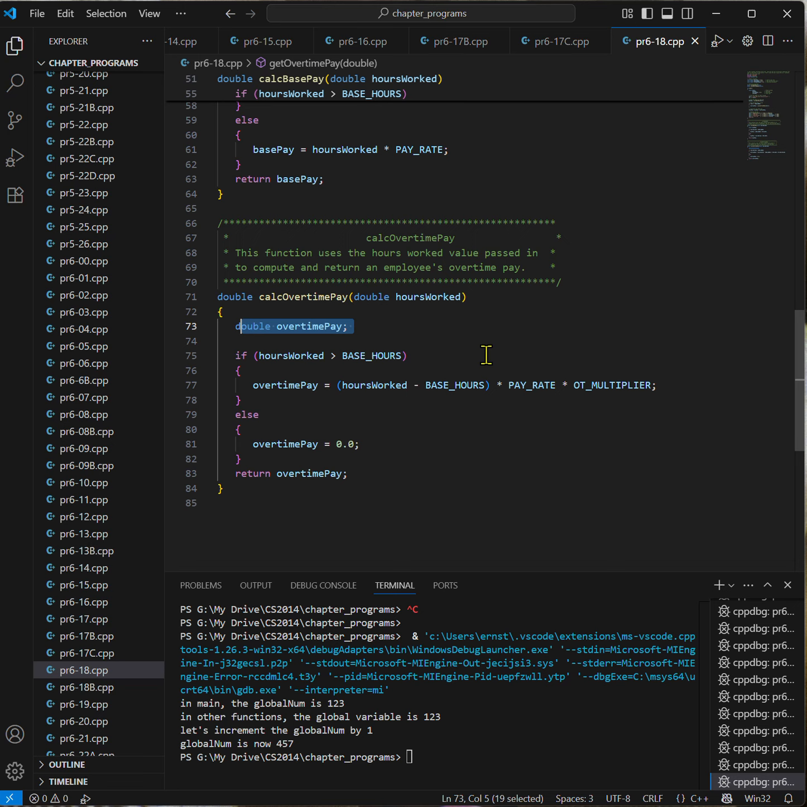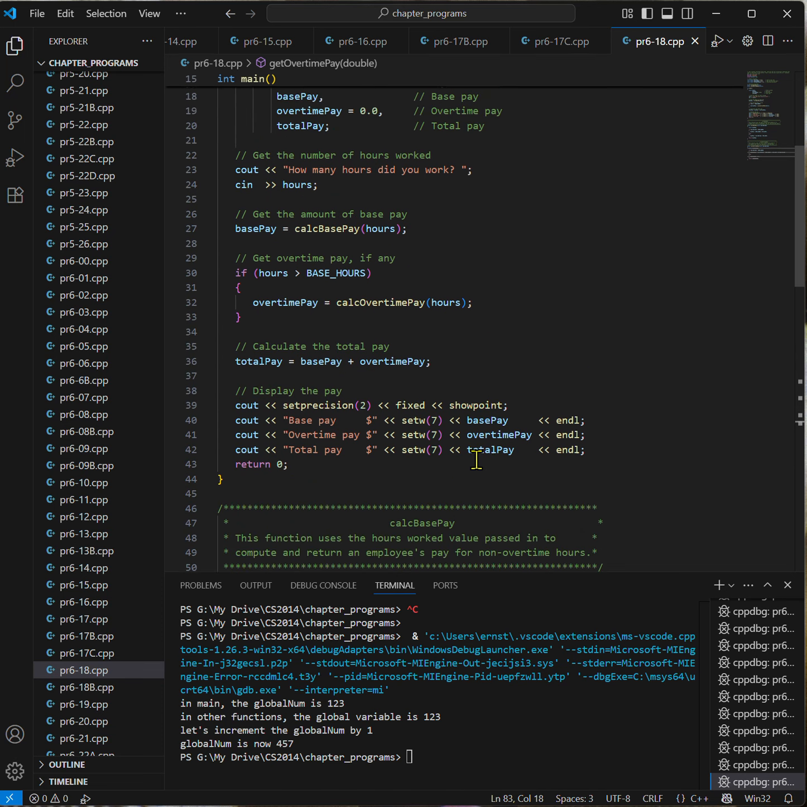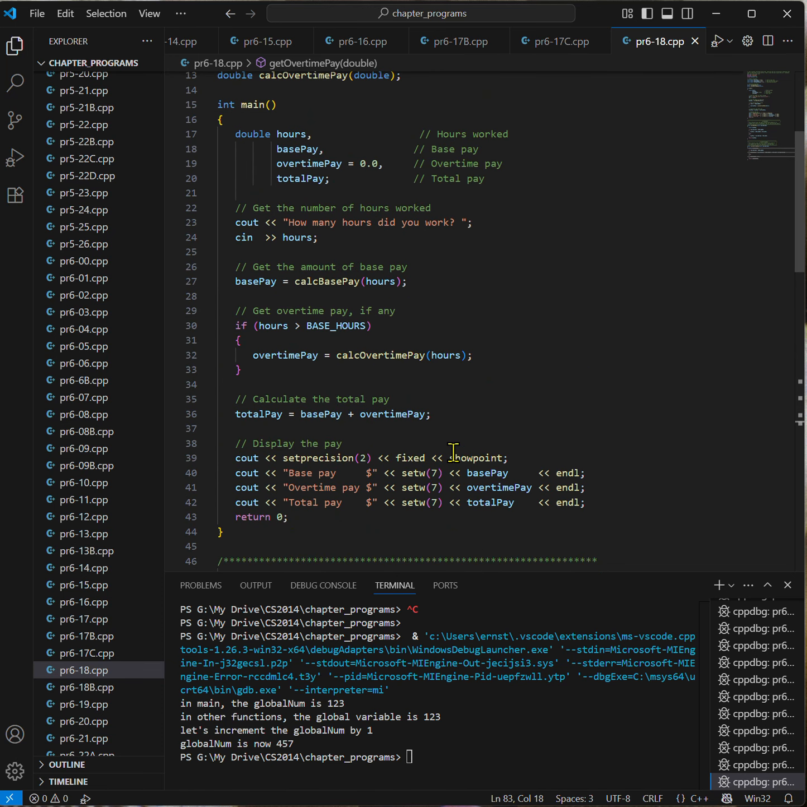And since this is overtime pay, if the hours worked is more than the base hours, then we're going to calculate the overtime pay here, including the overtime multiplier. If we don't have any overtime, we just say that overtime pay is 0, and we return the value as a double here. But you can see how easy it makes it to understand the main flow of the program